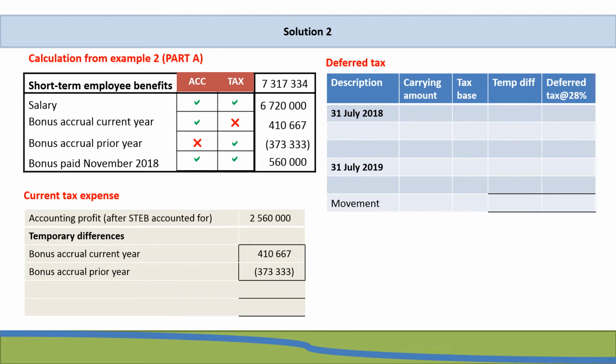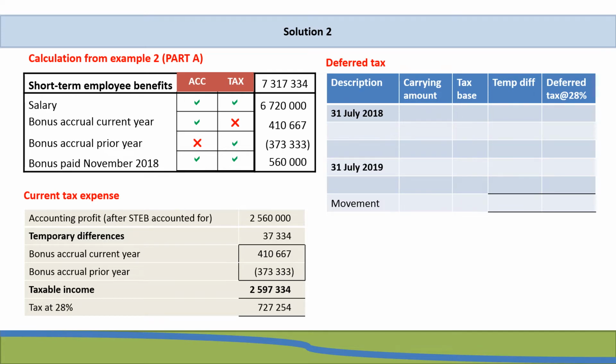Therefore, the temporary differences will amount to R37,334, which we will add to the accounting profit before tax, resulting in a total taxable income of R2,597,334. Tax at 28% on this will amount to R727,254. If we have a look at our deferred tax, we were told to use the balance sheet approach, which